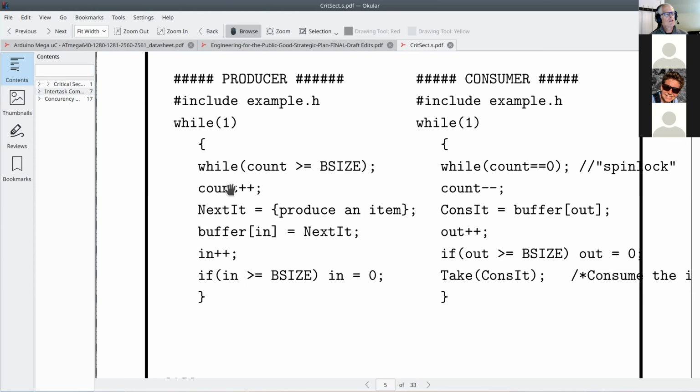And assuming the count is a global, when the count is 0, there's nothing to consume. So you also wait on this condition in the consumer side. And then if it's non-zero, you reduce it by 1. You take the item out of the buffer and you've got your consumed item. You count it. You move the pointer and you rotate the pointer if necessary. And then you consume the item